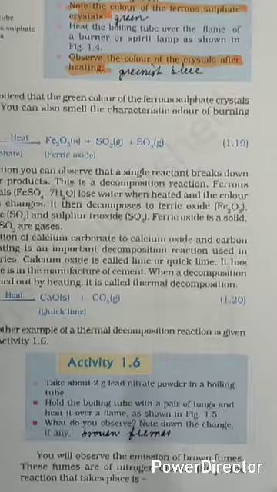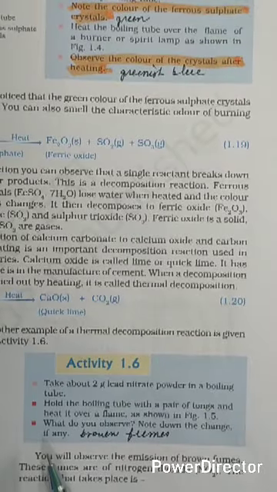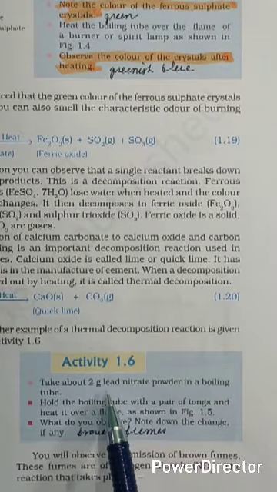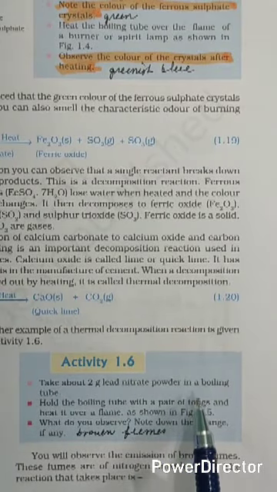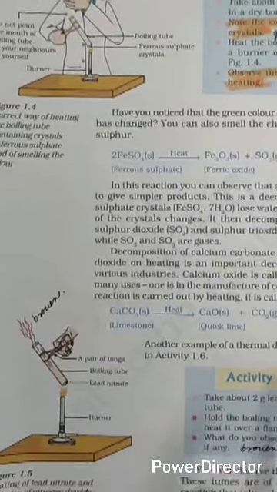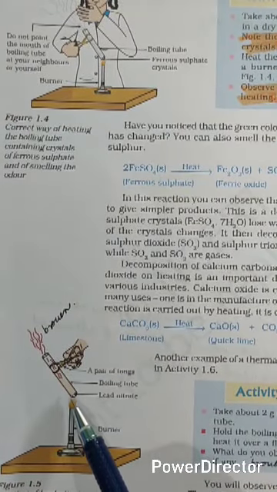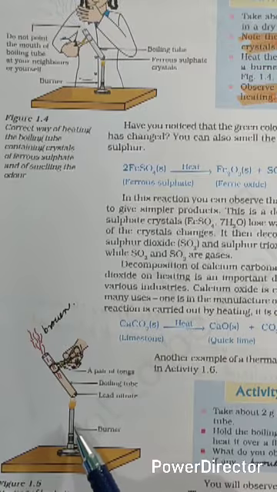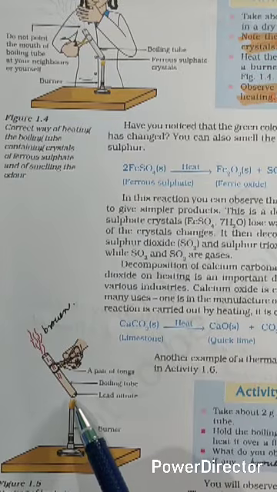Okay, next, coming to activity 1.6. This is also a very simple activity. Take about 2 gram lead nitrate powder in a boiling tube. Here the picture is given. We have to take 2 gram lead nitrate in a test tube and heat it with the help of a burner. So what will happen whenever we heat? Then this lead nitrate